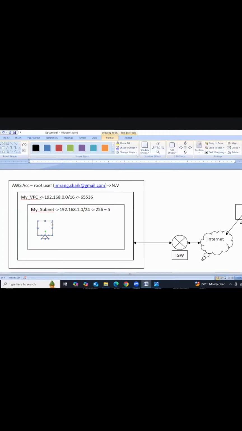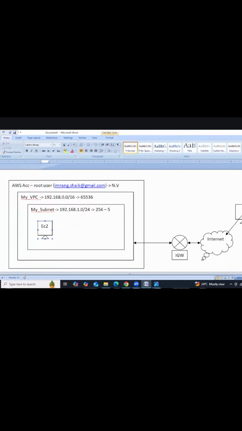If you need to access the instance, this client machine sends the request with the help of RDP or SSH. If you are launching a Windows instance, we send the request with the RDP protocol. If you're launching a Linux instance, you send the request with SSH, using PuTTY.